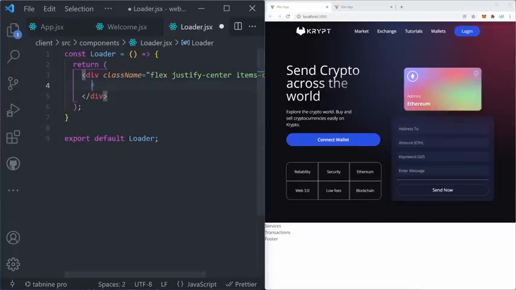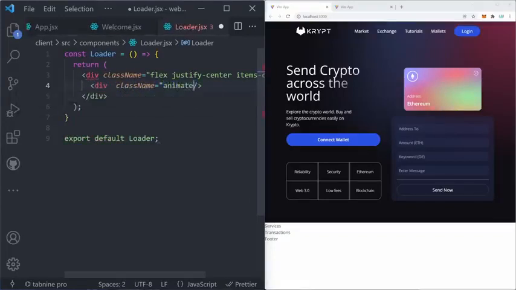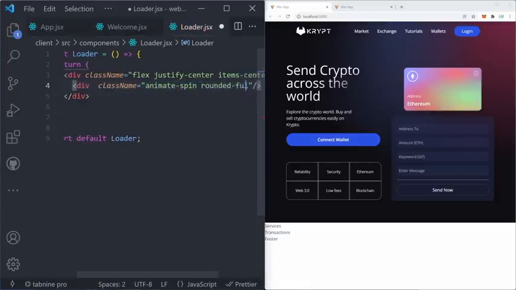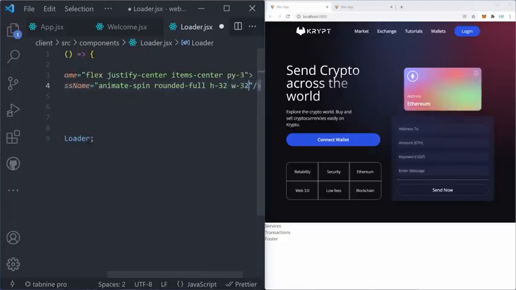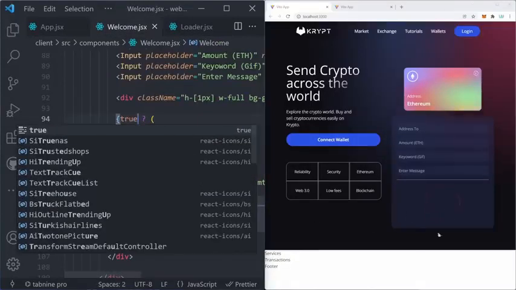And finally, we're going to have one inner self-closing div that's going to have a className equal to animate-spin, also rounded-full, h-32, w-32, border-b-2, and border-red-700. Now, if we go back to Welcome and set this to true, you're going to notice that